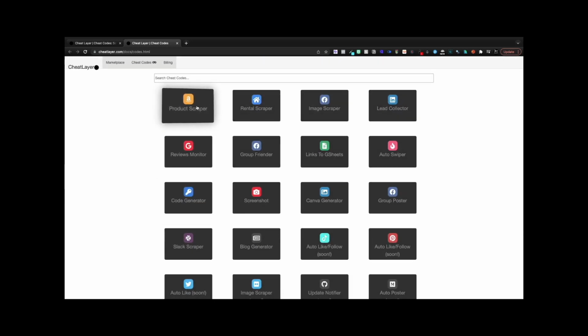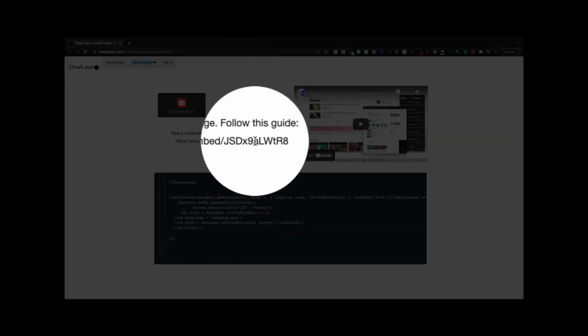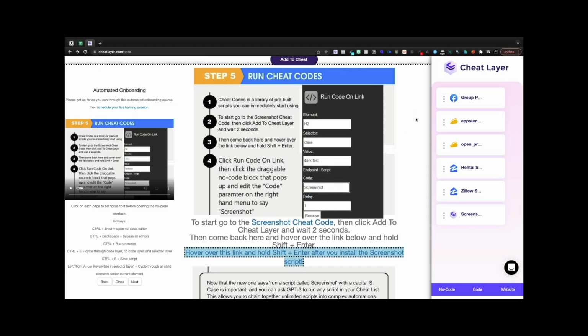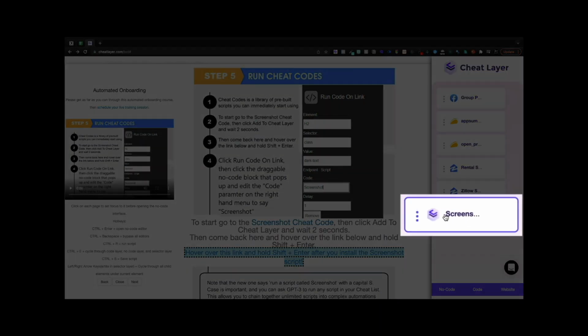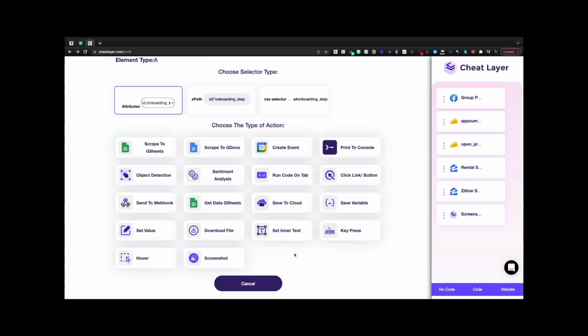So they have the Amazon product scraper, the rental scraper from Zillow. I won't read all of these to you. You can have a look, and we're going to go ahead and install Run on Cheatlayer. So back inside step 5, on the right side under our Cheatlayer panel, we'll see that we have a screenshot module now enabled. Now, if I want to hover over this link and hold Shift plus Enter, it will open